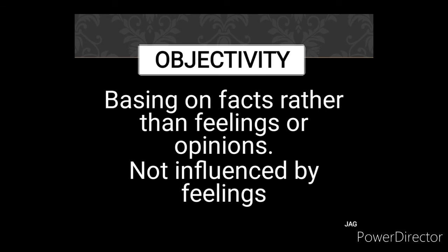Yan yung term actually. Being objective means to believe what is true based on evidences. Of course, without evidence in research, actually, it's not true. Maybe, okay, it's debatable. However, when we say you are objective, you have to base it on facts, not just on your opinions or feelings. Actually, superstitions pala is actually not factual. Okay, so